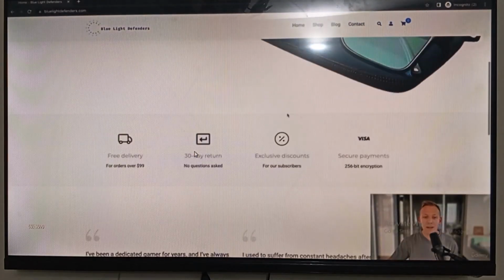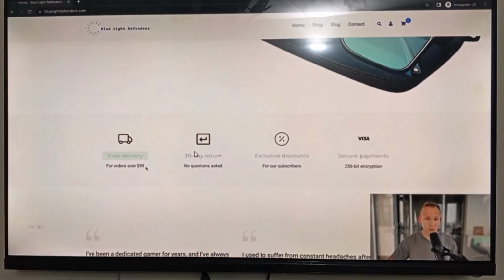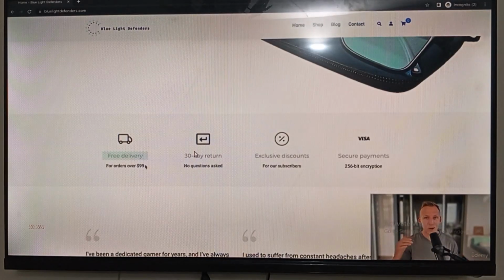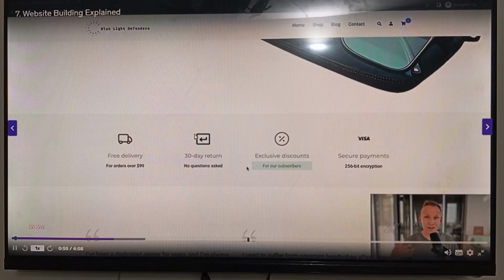Scrolling down, you will have additional benefits added in, such as free delivery on certain orders. We will set that up so that all deliveries over $99 will be free. 30-day return policy with a return policy written by ChatGPT. Exclusive discounts that we will later add in to capture our visitors' email addresses, and then a secure payment